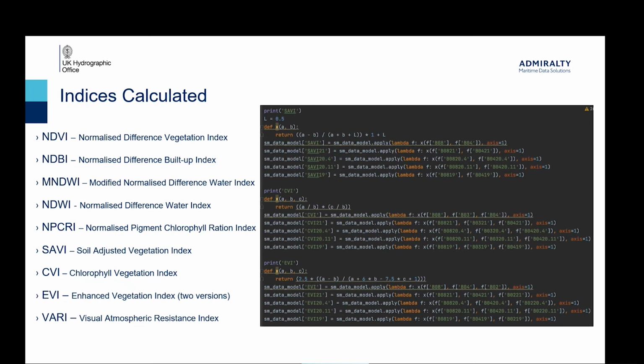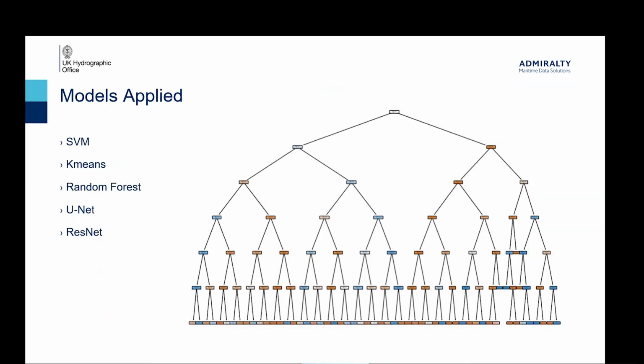So if you ever do a thing like this, I'd recommend just have a play with different indices and plot them and see what they look like. These were the ones that I calculated and I found it help. So the different models I looked at for my projects, I explored sort of 5 different ones in some level